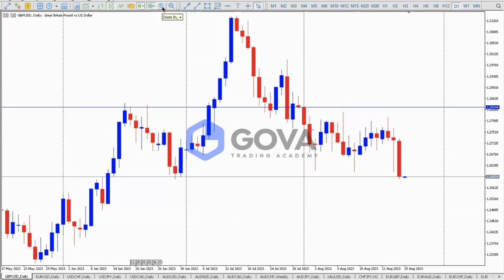Now, when I switch to the D1, what I'm looking for is a bearish candle. Why am I looking for a bearish candle? Remember, the alignment I saw is a sell alignment. So I cannot be looking at a bullish candle in a sell alignment. It doesn't make sense. So it means that in a sell alignment, you need to be looking for a bearish candlestick. So the only bearish candlestick I can see within this area,